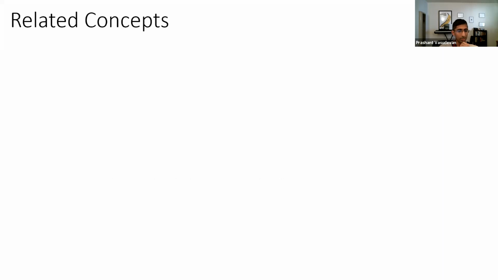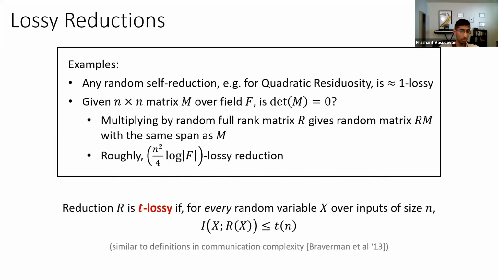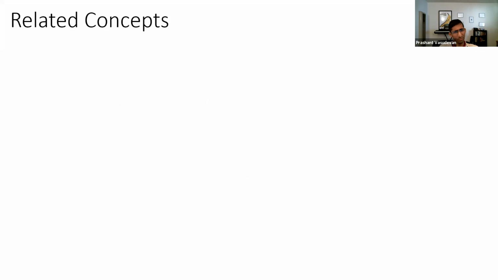Yeah, so these are lossy reductions, and this is what we are going to be talking about for most of this talk. And these are related to and generalize a number of different concepts from different parts of... Before you move on,